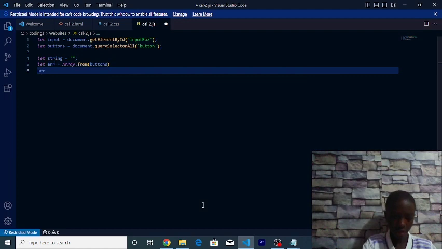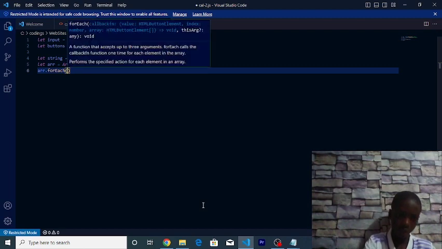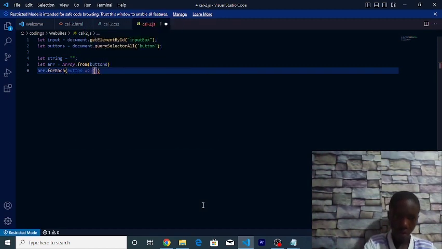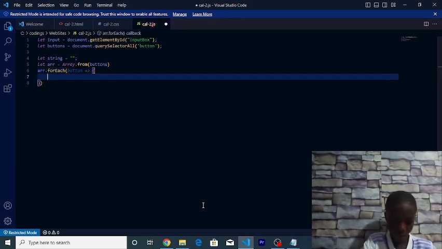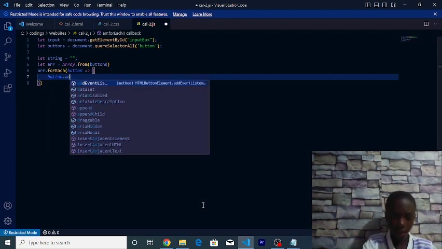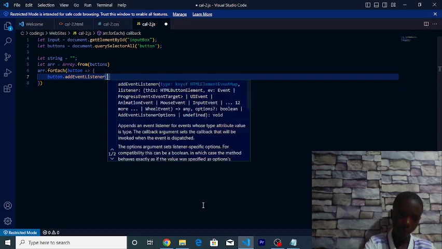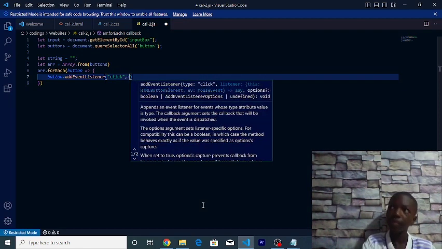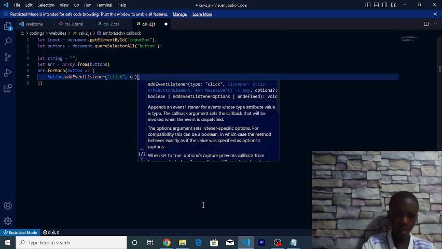Array dot forEach. Now we're gonna say button, for each button, button dot addEventListener, and then we're gonna say click. Now we're gonna say E,